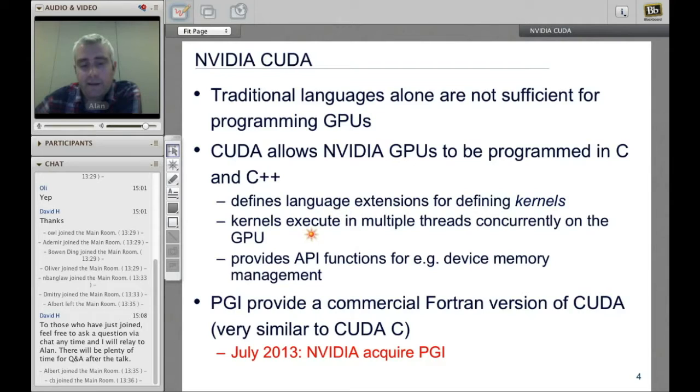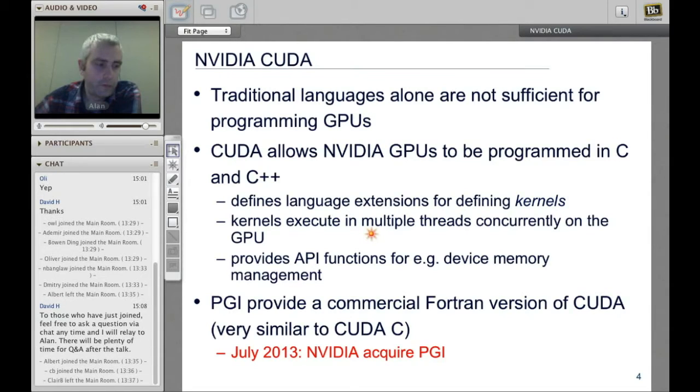And the idea is that we can offload these kernels to the GPU. We don't have time to go into a detailed overview of the GPU architecture, but we'll touch on it a little bit. The key thing about GPUs is that they have many cores, and therefore they run many threads. So what the kernels do is execute using multiple threads concurrently on all the cores of the